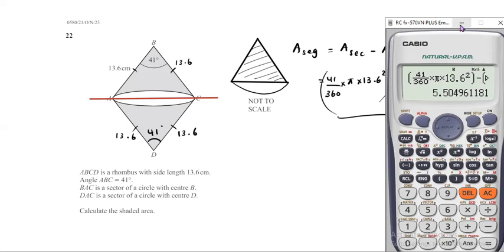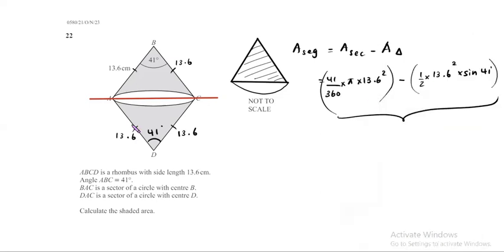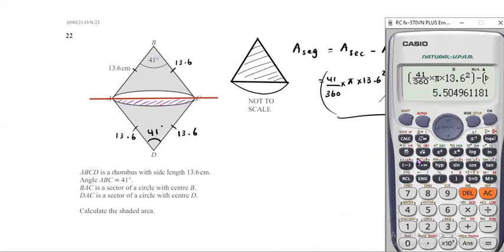This is equal to the area of one of this segment. So if I shade this in, this is going to be the segment's area. Now what I'm going to do is double this amount. When I double this amount, I get the area of two segments. So I can write it as